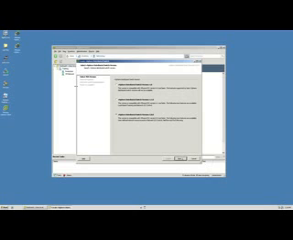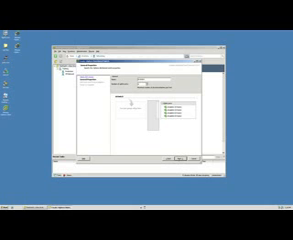I'm first asked what type of vSphere distributed switch I want to create. I will go with the most up-to-date, version 5.0.0. I then can name the distributed virtual switch. I'm going to give it a fairly generic name. I'll call it